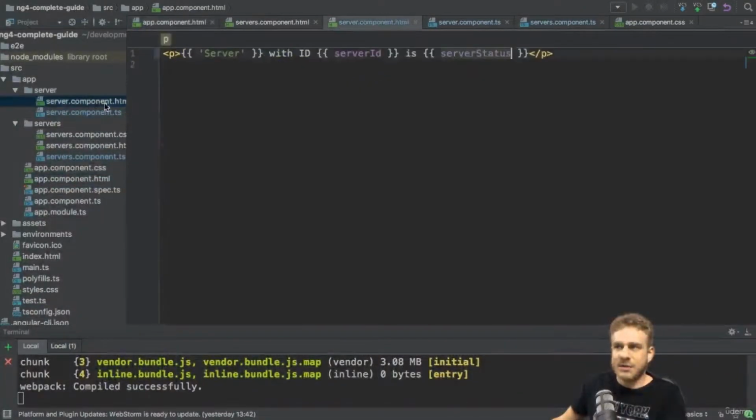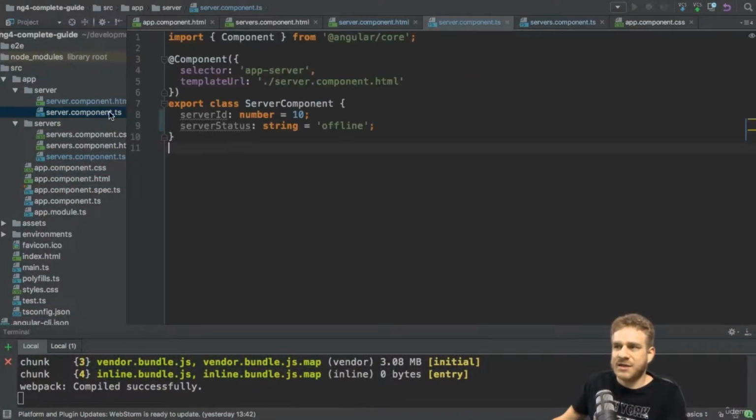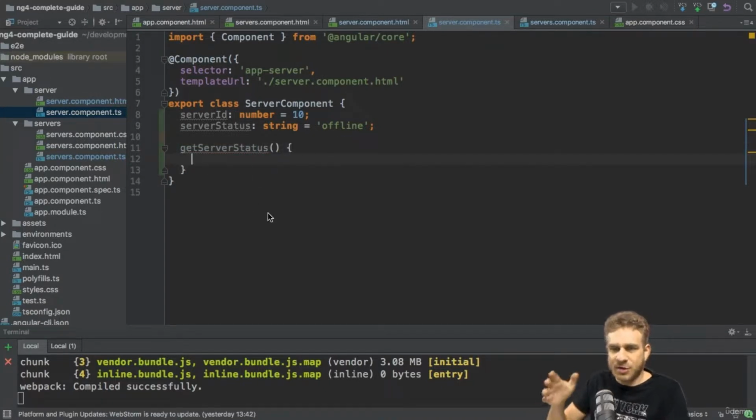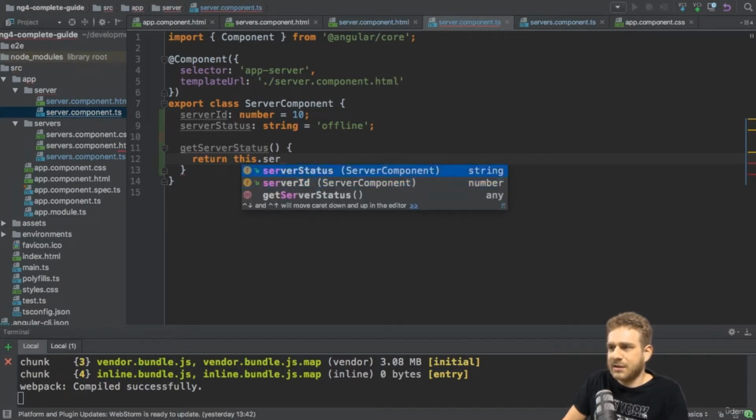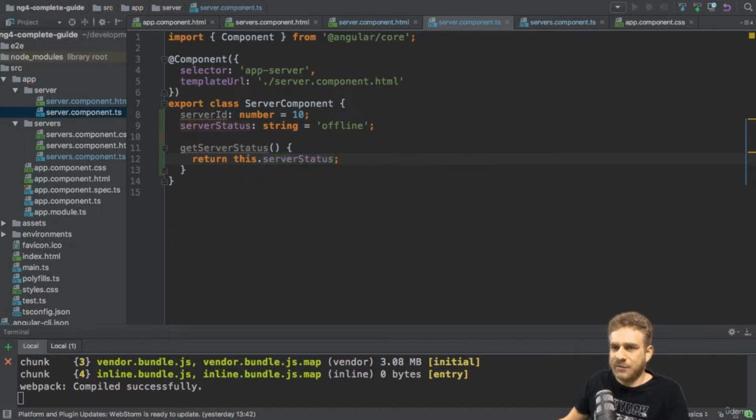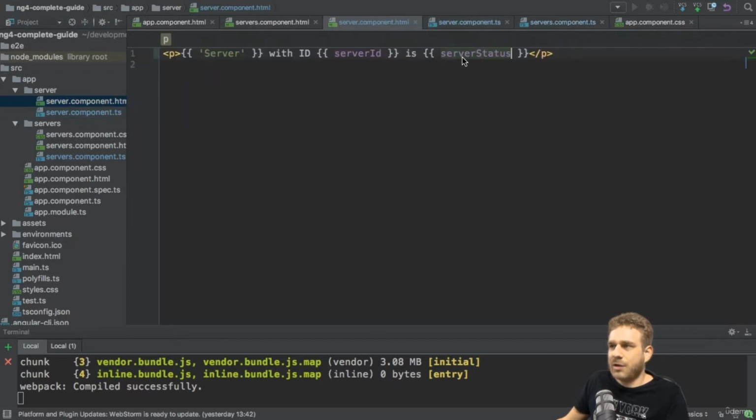And now to really complete the example, let's say the server status here is somehow returned in a method. getServerStatus could be the method name. This is how you define a method in TypeScript. So you might know this kind of method definition from other languages. And here we simply return this.serverStatus. So we return the property here. We could of course have accessed it directly, as we already did, but just to demonstrate that you can call a method,